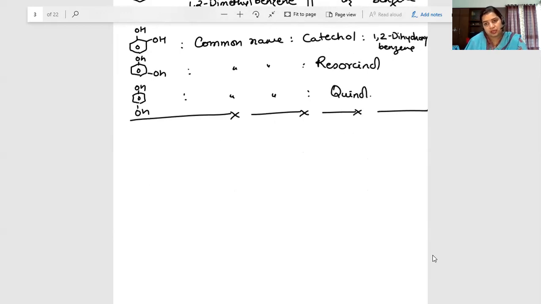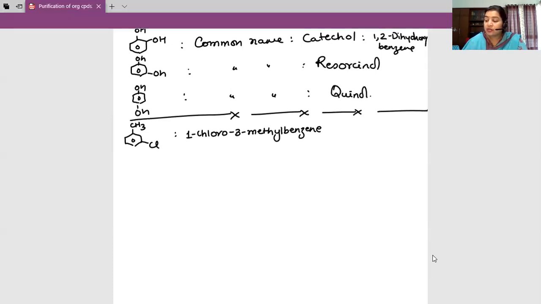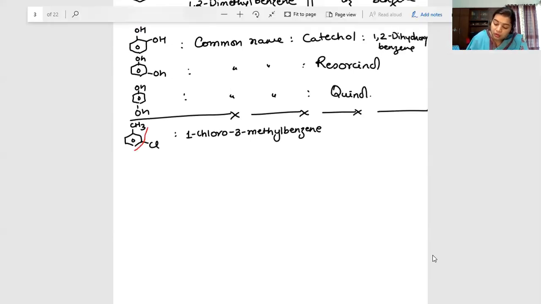If the groups were different, now different in what sense? Let me say if I have a molecule with CH3 here, okay, and Cl here. Now as per our lowest locant rule, I will call it 1-chloro-3-methylbenzene, or I could also call it a derivative of toluene. I can also name it as a derivative of toluene, and when I call it a derivative of toluene,